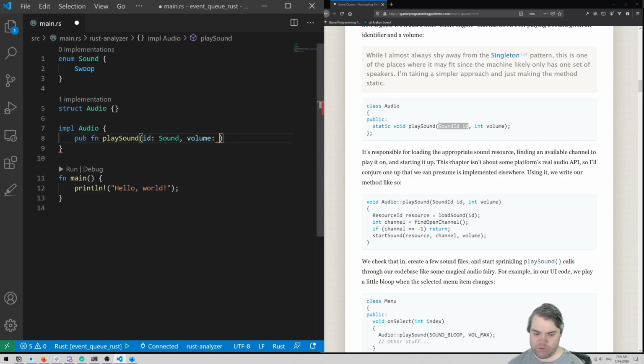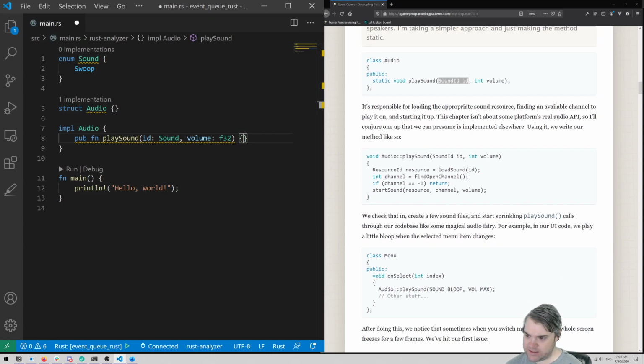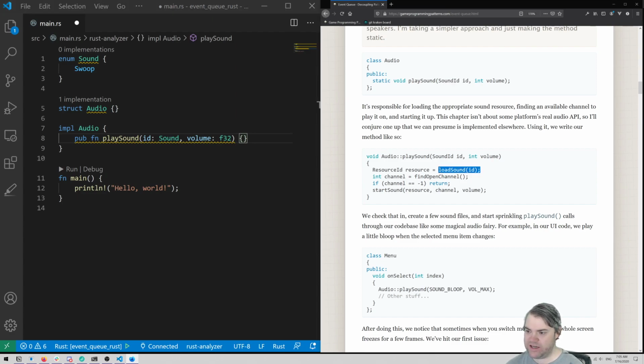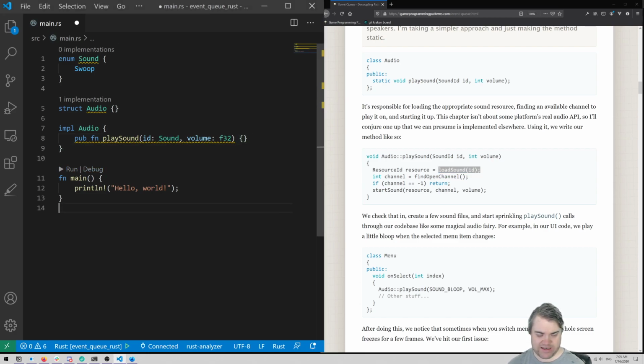In fact, I think when we do GGEZ, everything really is i32, f32s. Okay, so then we see how they're going to implement it. We're going to have some kind of load sound function that just exists out here. So let's go ahead and we have main. Let's add that down here. So main load